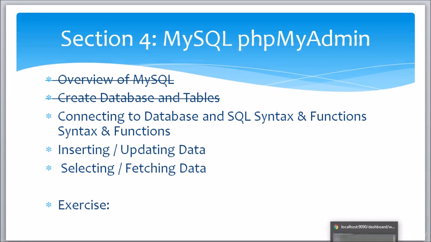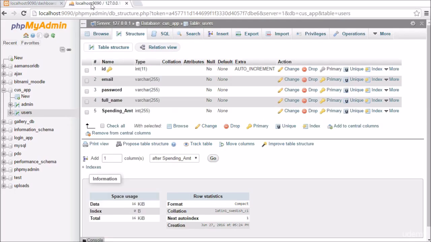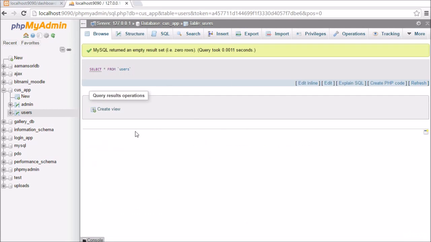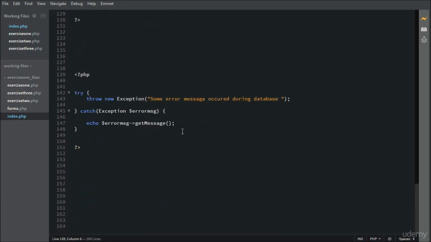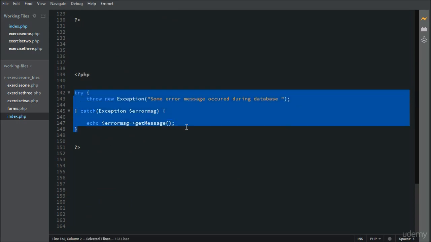Now we created this. Right now we don't have any information there, because when I click on browse, I see nothing. But that's not a problem though. We just have to establish a connection to the database. If you were following this lecture, this is where we stopped before the exercise. We stopped at exceptions,